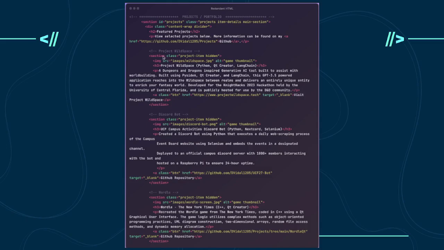So for example here, this is one of my old projects from a while ago. I have a section, an image, an H3, a P tag, an A tag, section closing. And I have this exact same thing here for my Discord bot project, right? And imagine if, for whatever reason, you don't decide to copy and paste and you decide to manually type it out again, getting a typo in one of those, right?